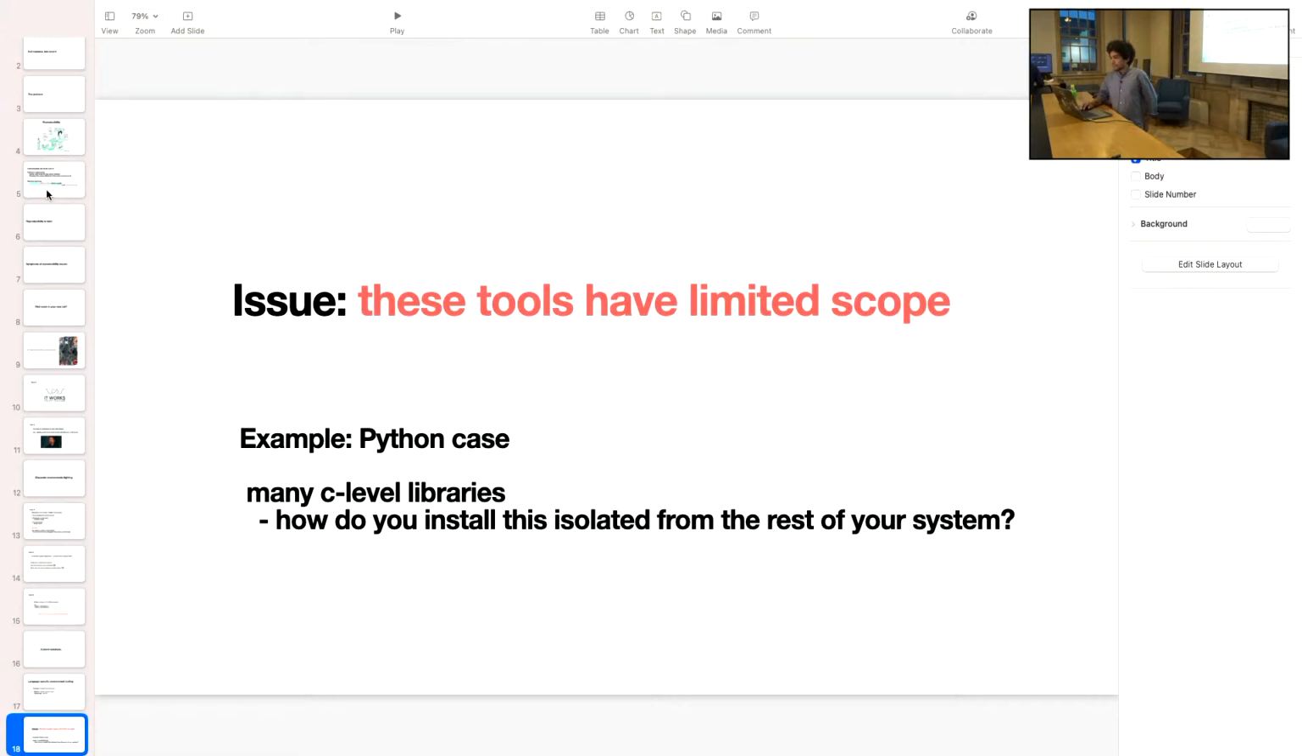I think they started with good intentions, but the problem is way more complex than what they initially thought it was going to be. In the Python case, there are many C-level libraries. So how do you install a C-level library isolated from the rest of your system? Some tools try to address that problem, but I think they fall short because they underestimate the problem that